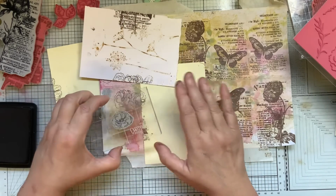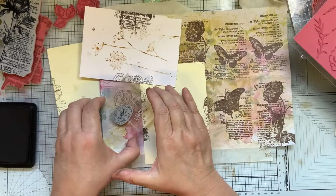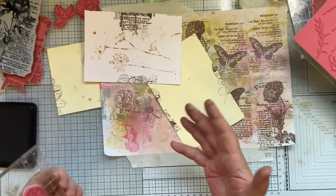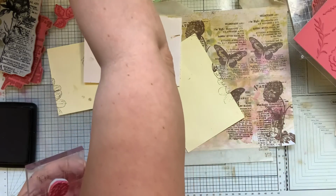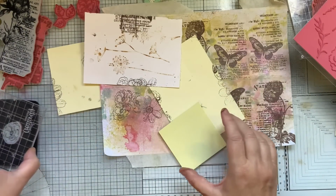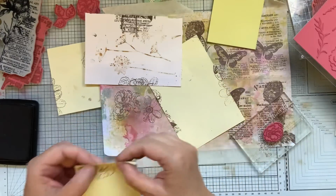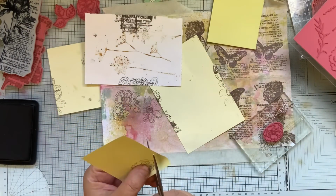On that one, but you can get away with it with these. You definitely can. Right, let's sort of put that one there. And because of the way they are, like, Tim Holtz said, you don't have to mask, but you can. You just stamp that out onto a sticky note, like that, and cut it out. That's all you do. Put it up where the sticky is. You can buy proper masking stuff anyway, but